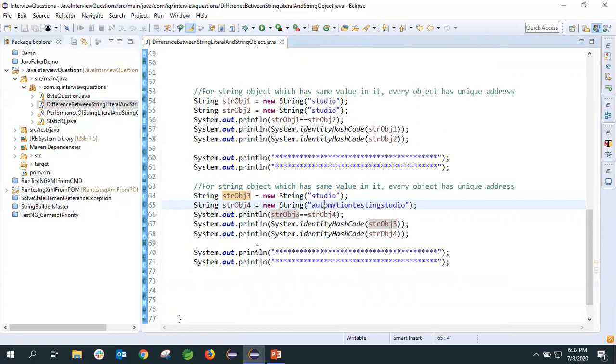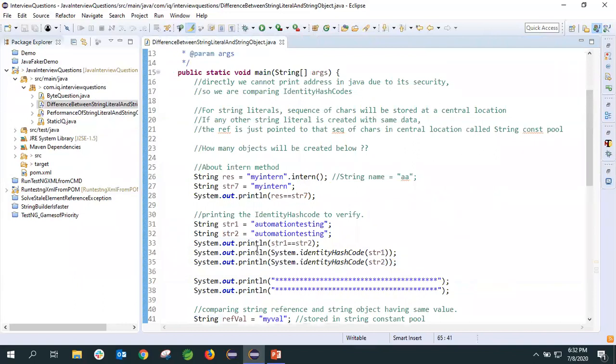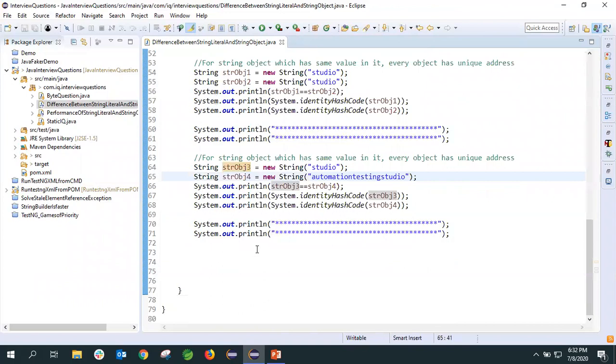Okay, so like this, you can get any type of interview question, whether in any technical interview or any exam, you will get to see this type of question. Now the second thing is which is faster, whether string literal is faster or string object is faster. That also we'll see.